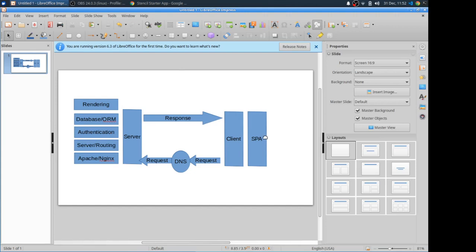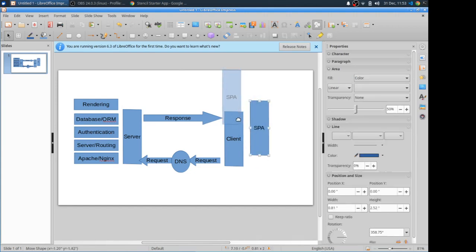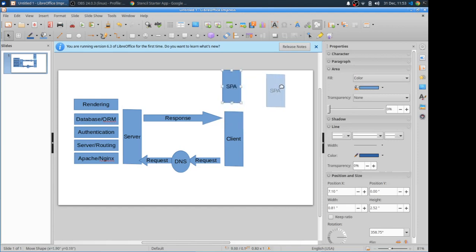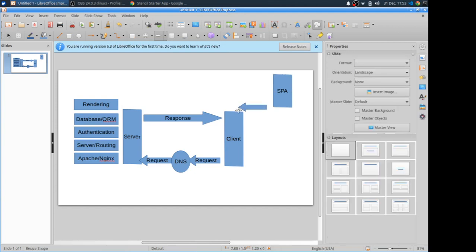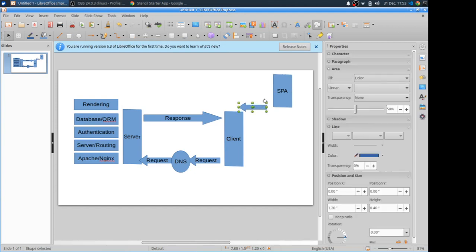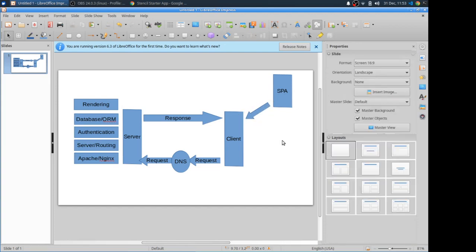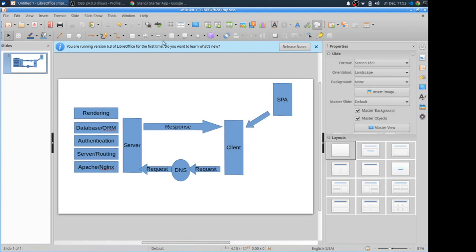So basically, what would happen is that you would do something more like this. You would have a single page application hosted in one place. So we'll do that. Then we're going to rotate it. Basically the client's really going to call the SPA from whatever server, because the single page application is really just one static application that has all these. And then what the single page application does